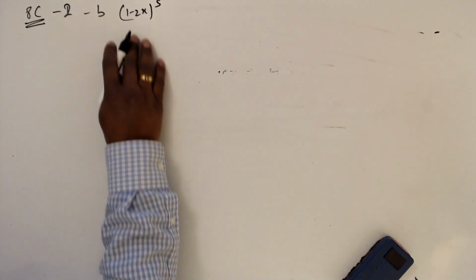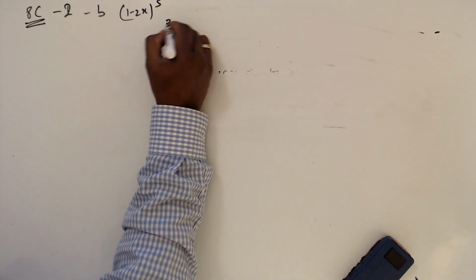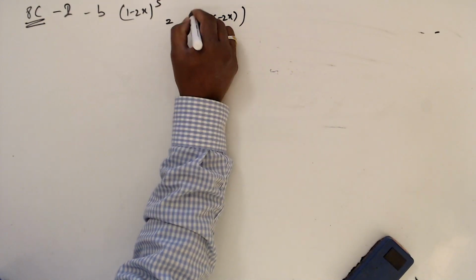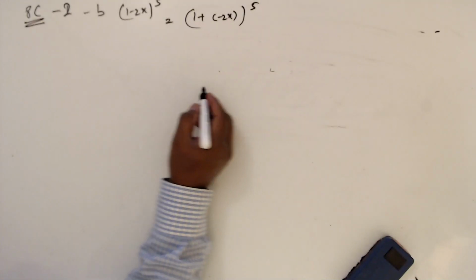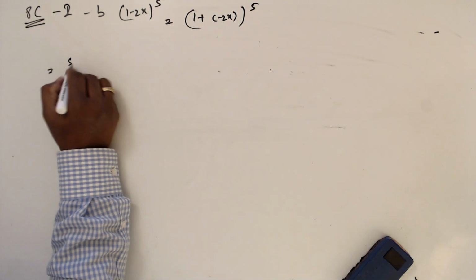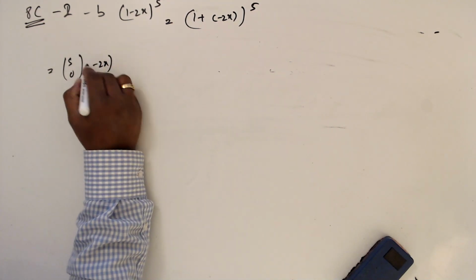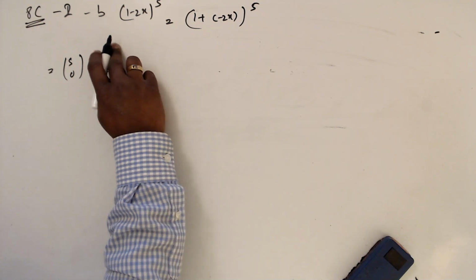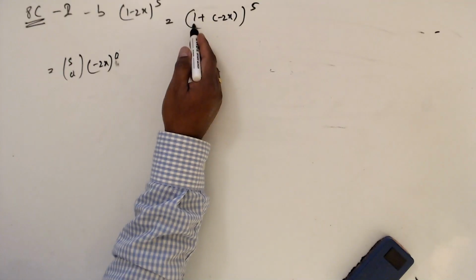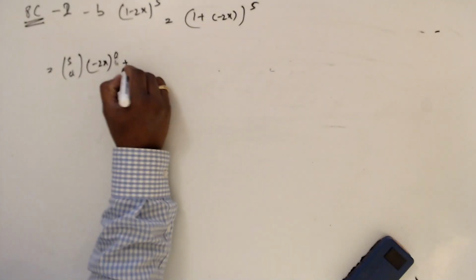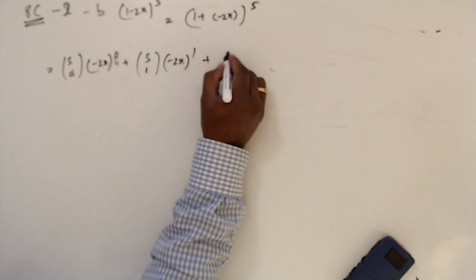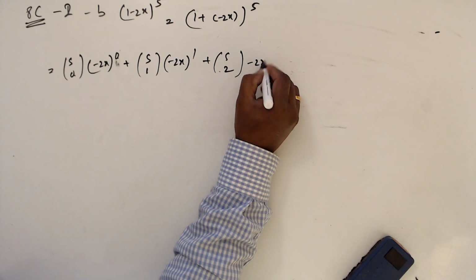1 minus 2x to the power 5. We can't write the binomial for this one. We have to write 1 plus minus 2x to the power 5. Now we can write the binomial expansion. 5C0 minus 2x to the power 0. Since this is 1, I am not looking at the descending part. 5C1 minus 2x to the 1, 5C2 minus 2x squared,